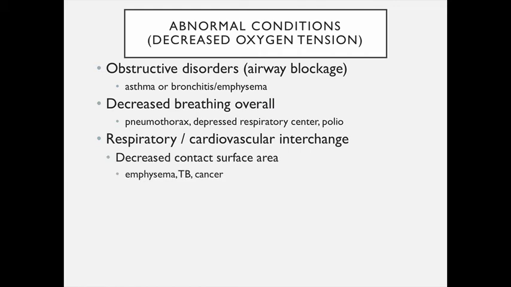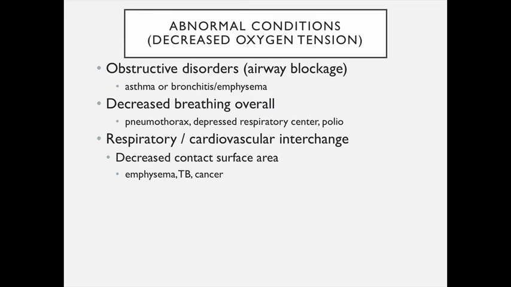And then we can kind of think about it from the respiratory membrane perspective. So remember that the respiratory membrane is comprised of the alveolar wall and the capillary wall. So anytime you have an issue with that respiratory membrane, essentially what we're losing is surface area, contact surface area, which means surface area available to exchange your gases. So emphysema can do that because we actually will see alveolar wall degradation over time. Tuberculosis and cancer, they're very different diseases, but they present similarly in the lung, in which, in both cases,